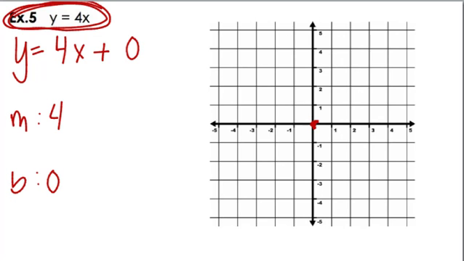So if all else fails and you see these types of equations and you get nervous and you forget what to do, add 0 to the end, force it into the y equals mx plus b format. So add a 0 to the end, and then continue the way we have been to graph these equations. My y-intercept is 0. My slope is 4. So I'm going to rise 4, 1, 2, 3, 4, and run 1,